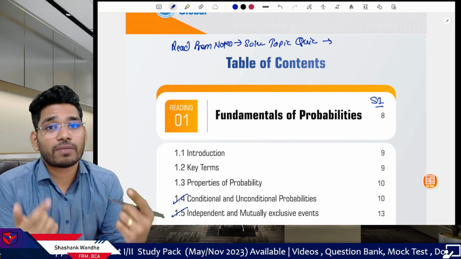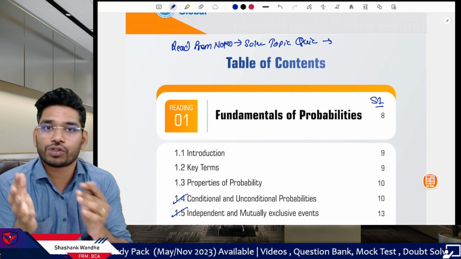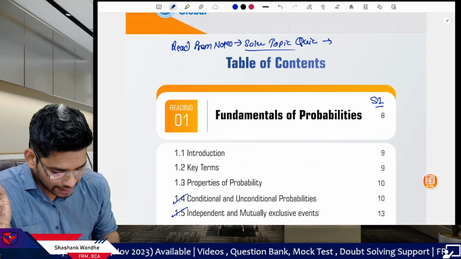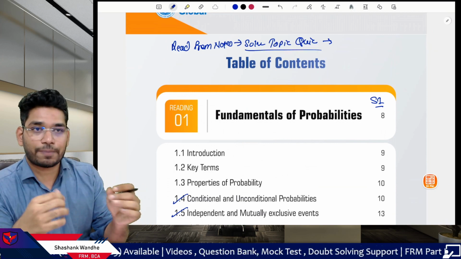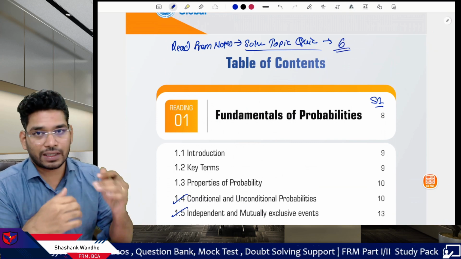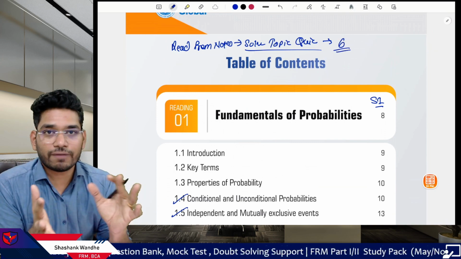Now if you are not performing well in quizzes, then you should consider the preparation providers. Once you are done with this, you have to follow these steps: read from notes, solve quizzes for 6 topics till hypothesis testing. And once you are done with that,